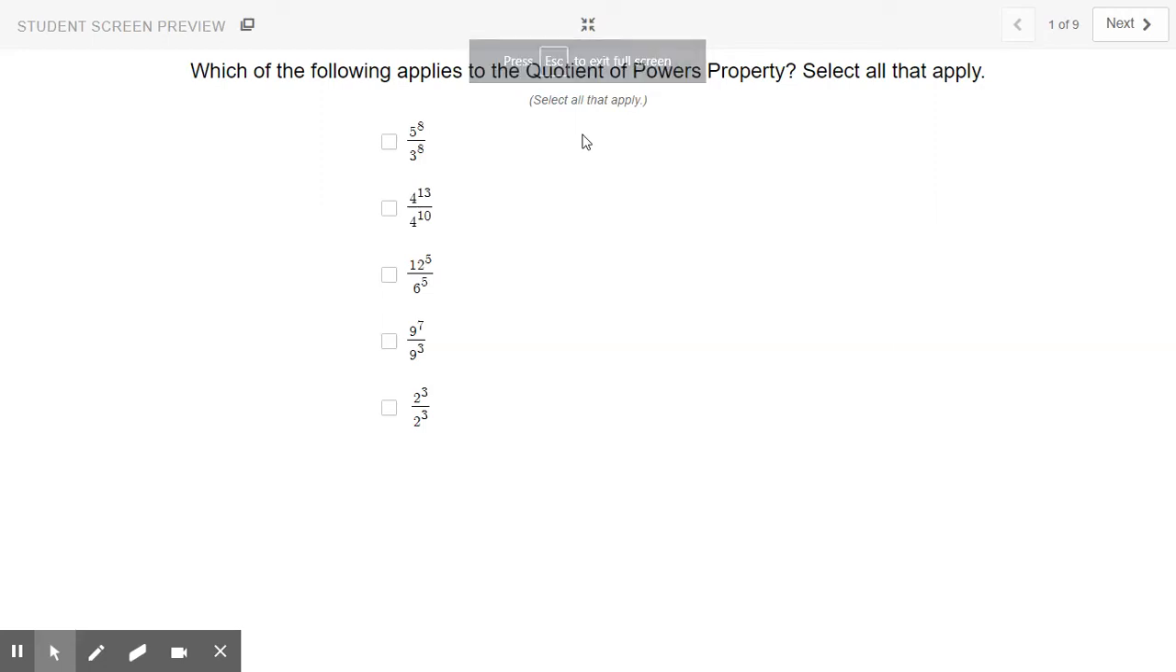This is the answer key to the Module 9.1 Exponents Desmos review questions. Which of the following applies to the quotient of powers property? Select all that apply. If you look at the quotient of powers property, it states that the bases have to be